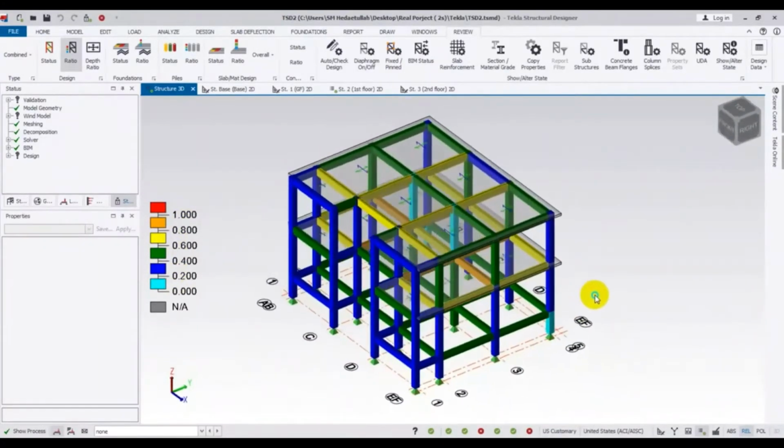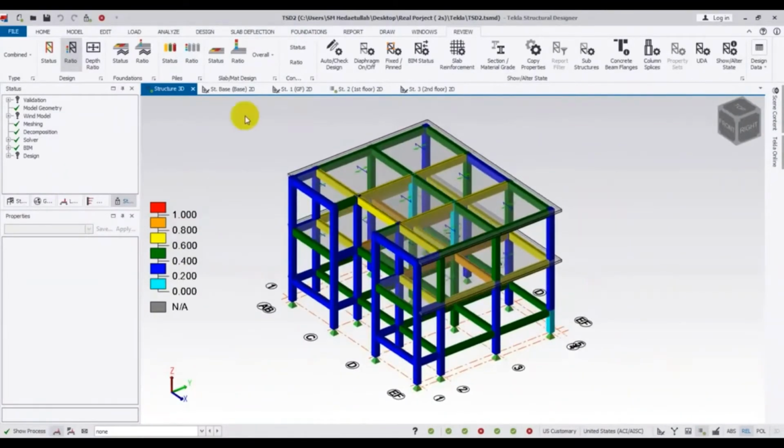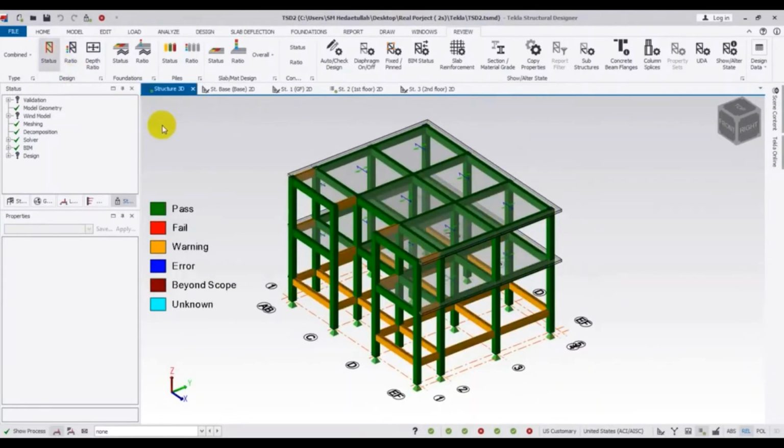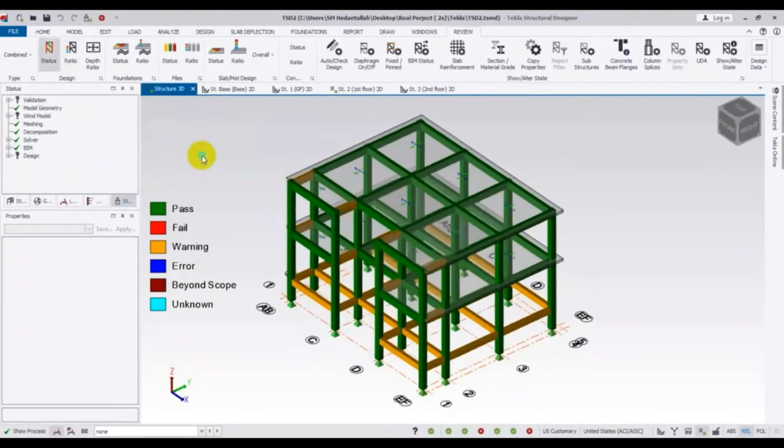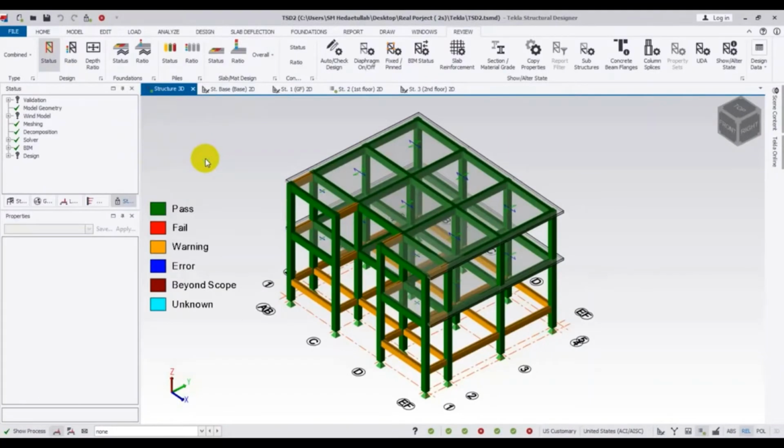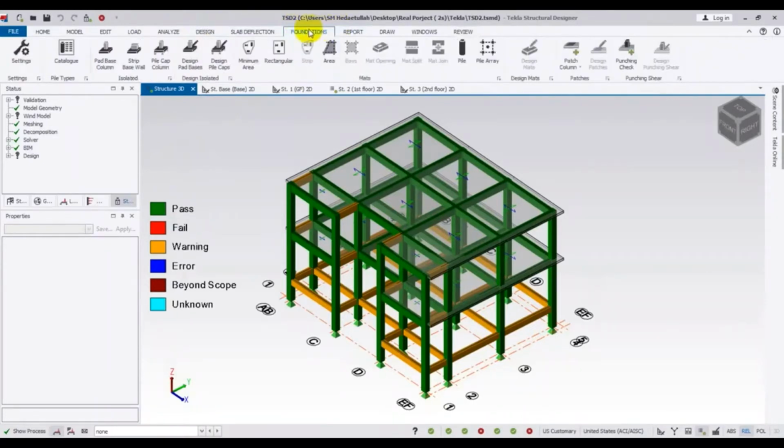After that, we will come here to statistic. Okay, so it's done. After that, our building is okay. Now we'll go for our foundation design. Just click on foundation, and before starting that,